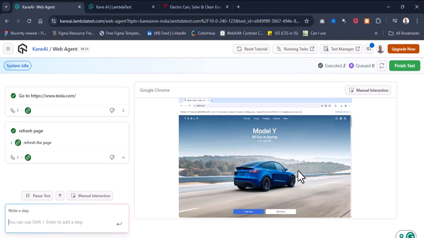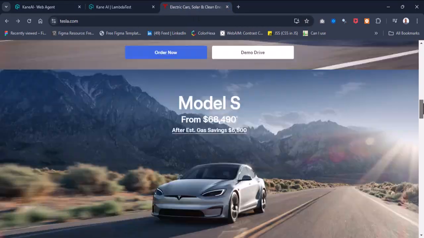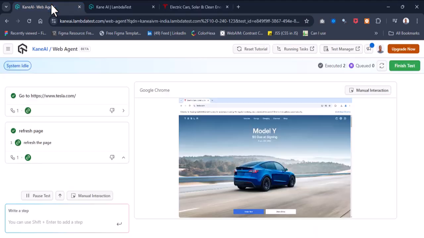The next thing we want to do is, how do we scroll? Let's say I want to scroll in this page. For example, if I'm here, I can just hold this button and scroll. We can also do that with KaneAI. I can come here and first type scroll. How many times do I want to scroll? I want to scroll 3 times within this page. Alright, so if I click this return icon,